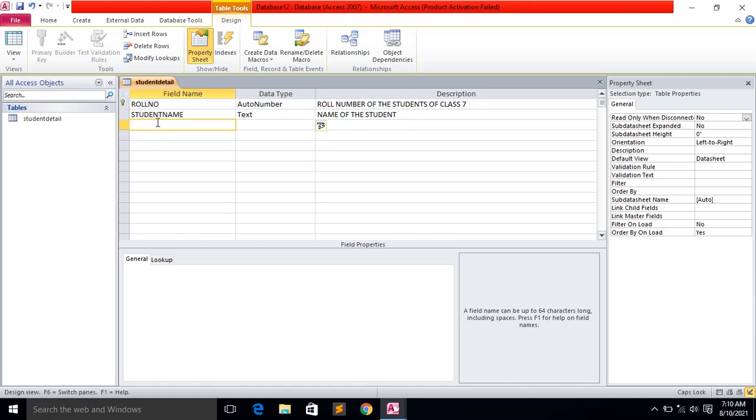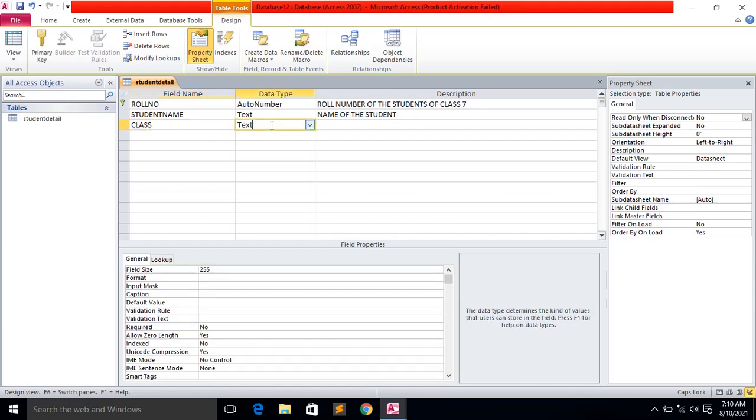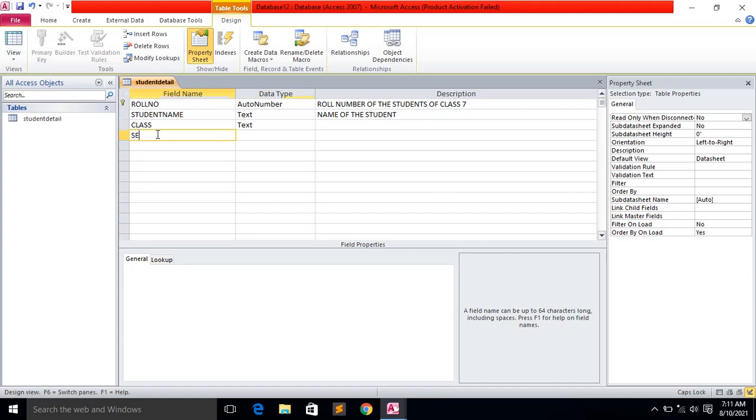Next is class. In class also you can write text. Then section.